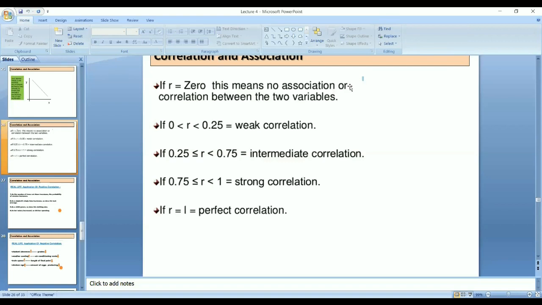If you want to write the result, you can say that between blood pressure and the height or weight of the person, there is intermediate correlation. If you get the value around 0.75, there is an intermediate correlation relationship between the blood sugar level of that particular person and the height or weight. Between 0.75 and 1 is the strong correlation, and if you get R equal to 1, that is perfect correlation coefficient.